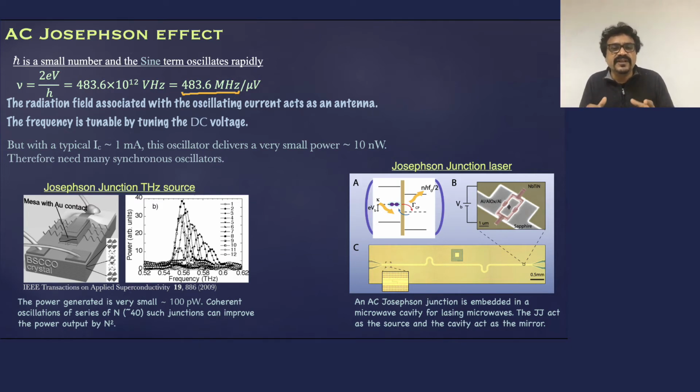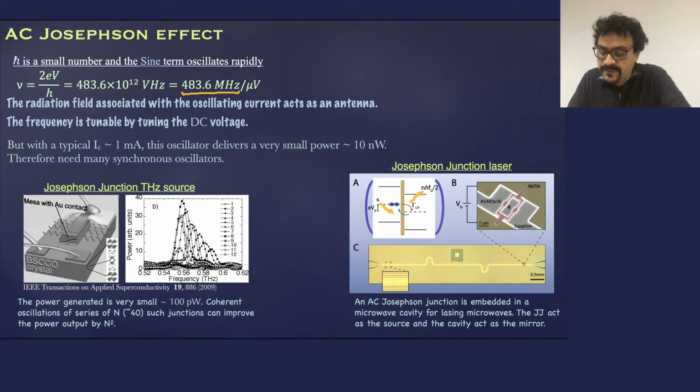So what you need is multiple Josephson junctions which actually emit coherently. Then only you get a continuous source of radiation coming out. Otherwise, they all will cancel each other. So there is an engineering part here where you need to have many Josephson junctions. That's what is explained here also. Okay, many Josephson junctions emit this radiation coherently. Okay, then only this can actually work as a useful tunable high frequency radiation source. Okay, that is the story with the AC Josephson effect.